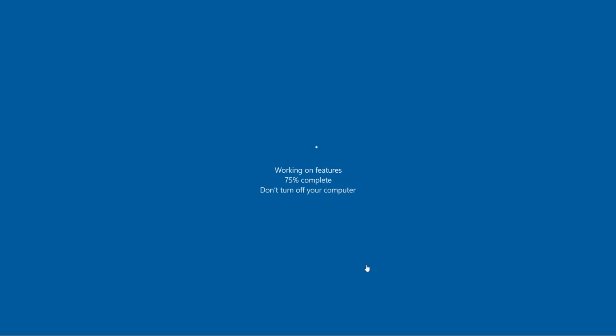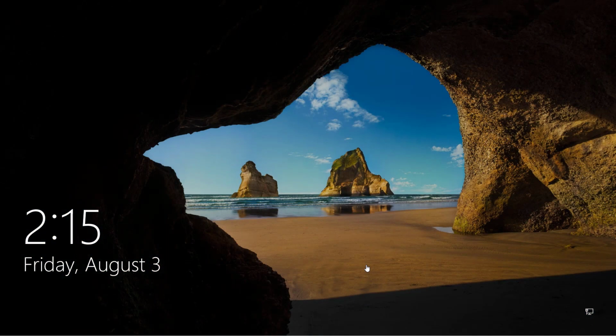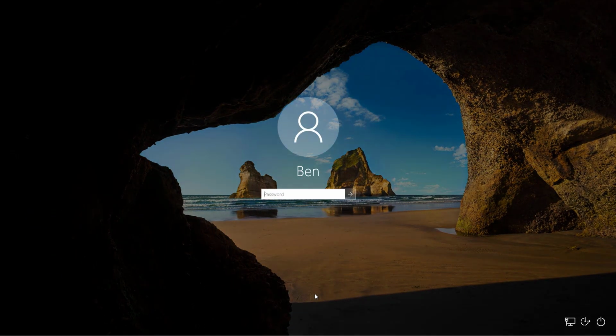It's still installing the feature. Should only be a few more seconds and then we will get Kali installed, and then get it launched. So as soon as our desktop comes back up,